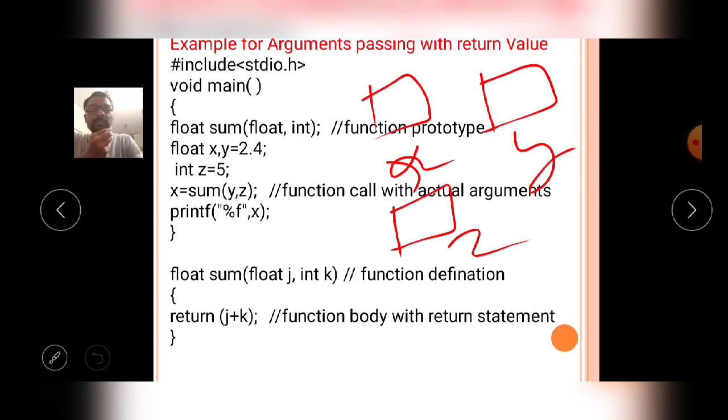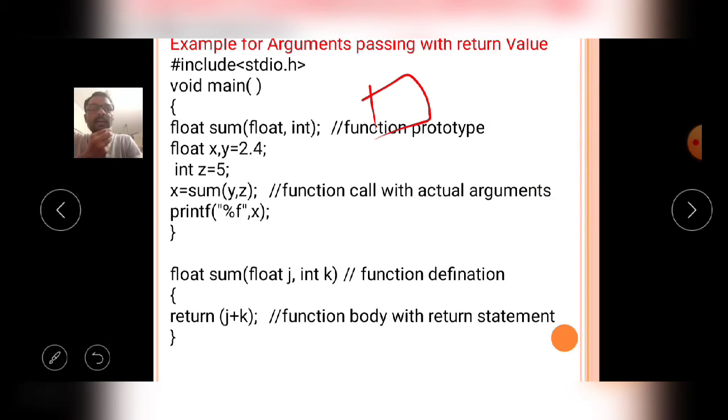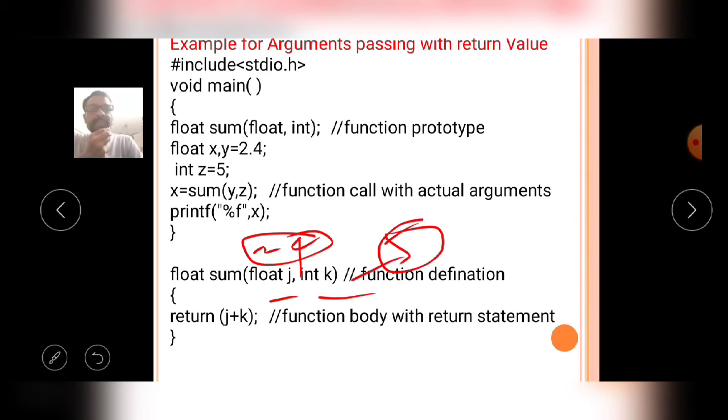Then these two values are stored in the variables j comma k respectively. The y value 2.4 is stored in j, and the next value 5 is stored in k.